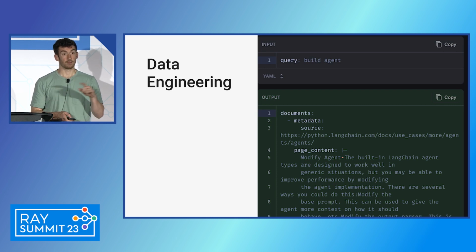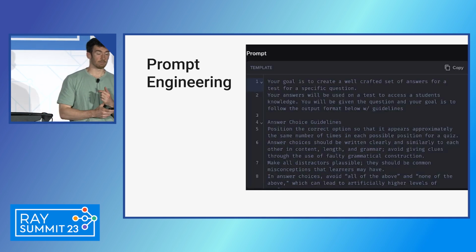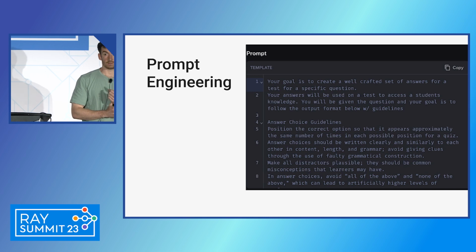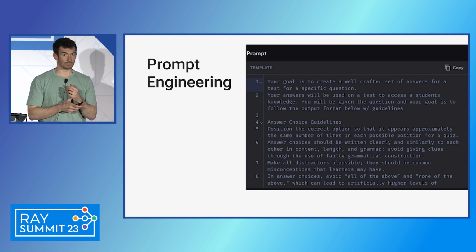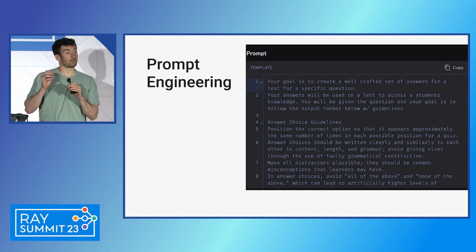And then the other big place that we see people spending time is around prompt engineering. So at the end of the day, the main new thing here is language models. And the main way that you interact with language models is through prompting. And so we see a lot of people experimenting with different versions of the prompts, making sure that, and I'd maybe call this prompt construction, the different pieces of your context show up in the appropriate places.